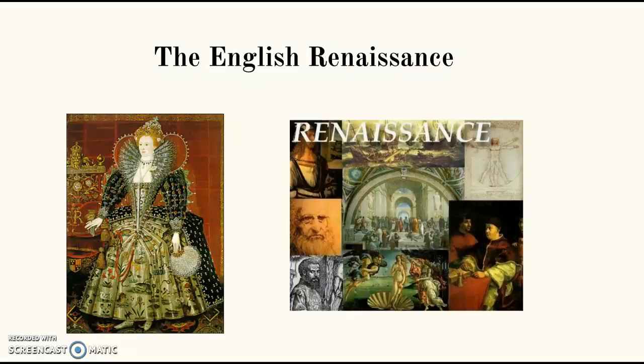The English Renaissance is different from the Italian Renaissance in several ways. Dominant art forms of the English Renaissance were literature and music. Visual arts in the English Renaissance were much less significant than in the Italian Renaissance. The English period began far later than the Italian, which was moving into Mannerism and the Baroque by the 1550s